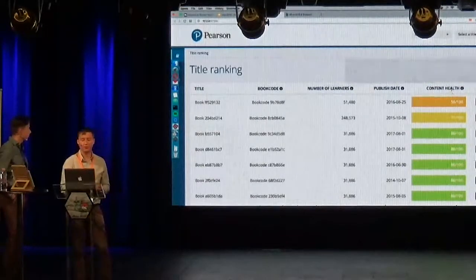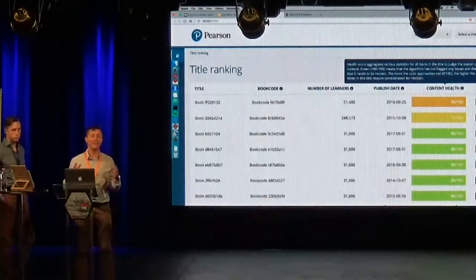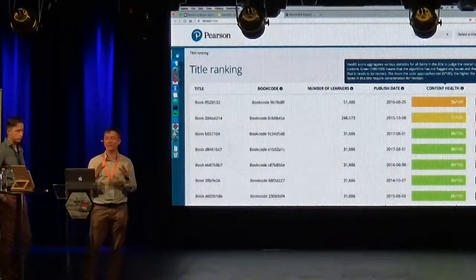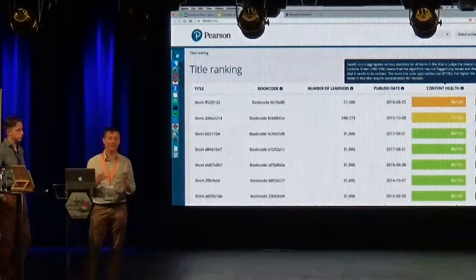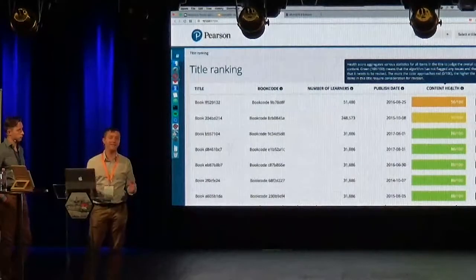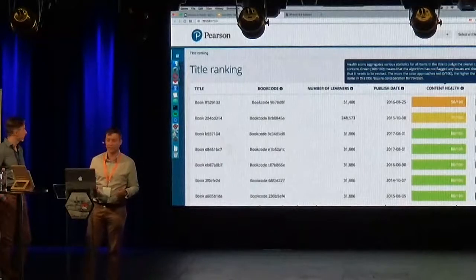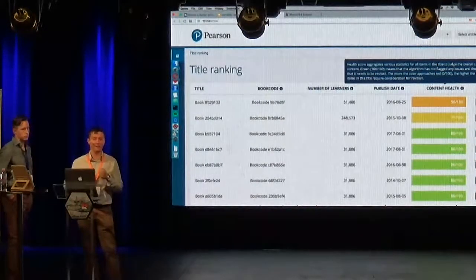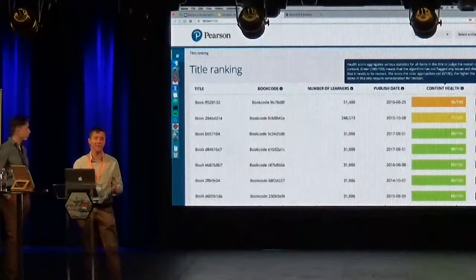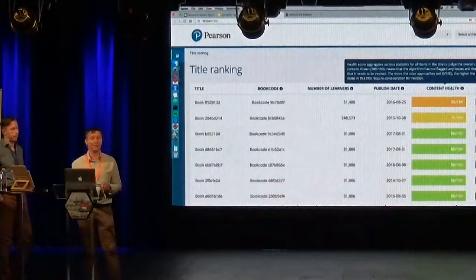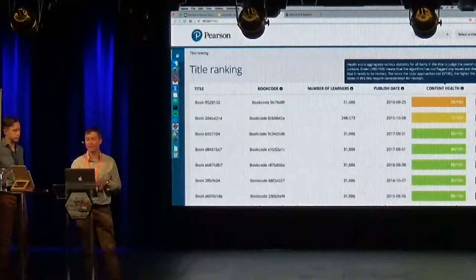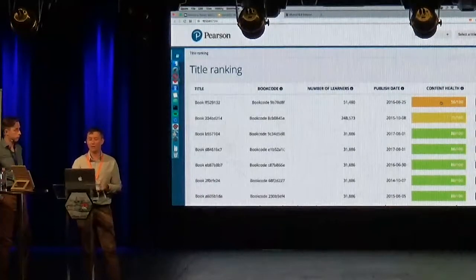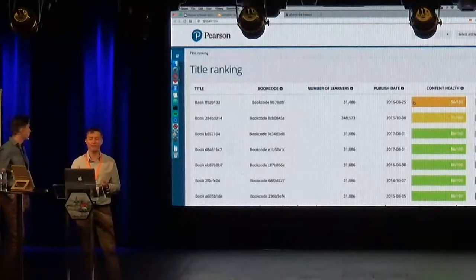This is called content health. It is a single metric that aggregates a lot of things into one single number that is put on a scale from 0 to 100 and even color-coded for easier interpretation. You can sort the books by the health and see the conditions, which one performs better and which one performs a bit worse. For example, the first one has 56 out of 100, so it's just average. It probably needs some improvement.